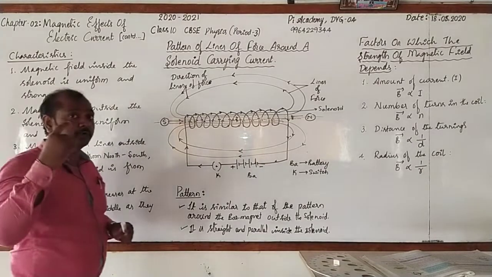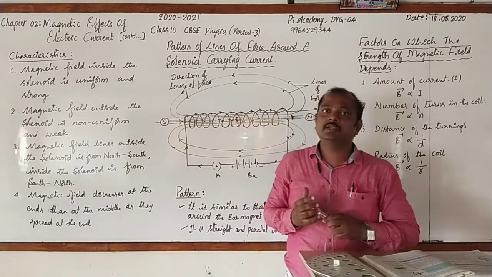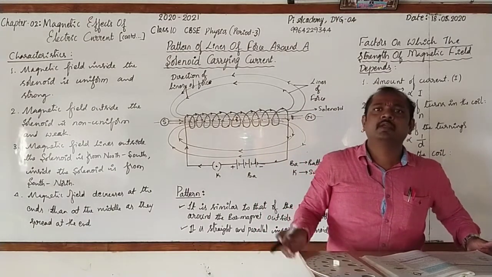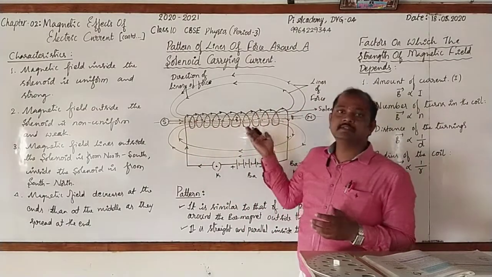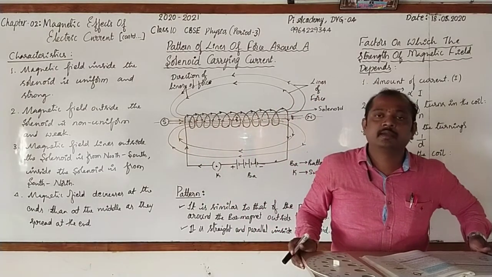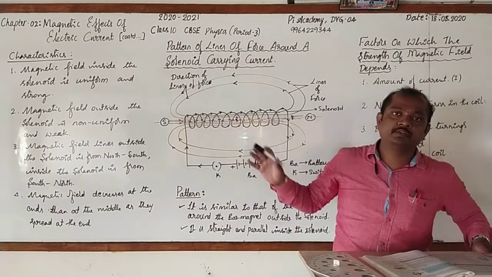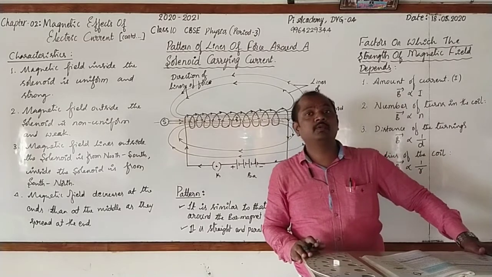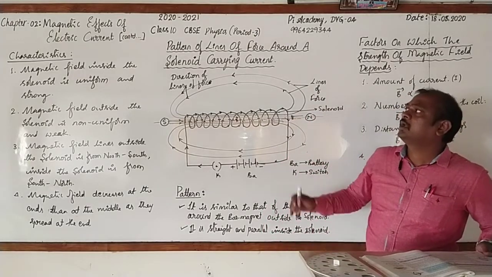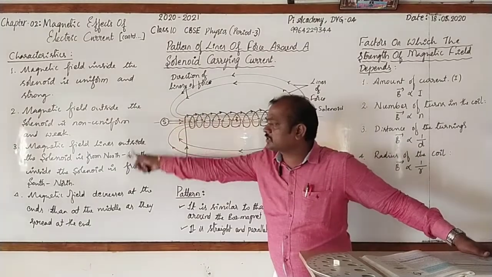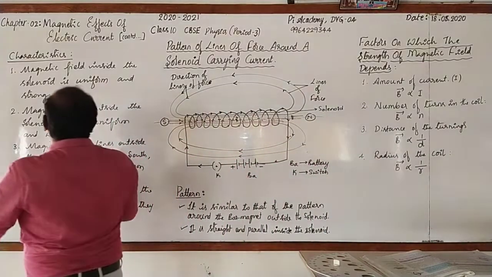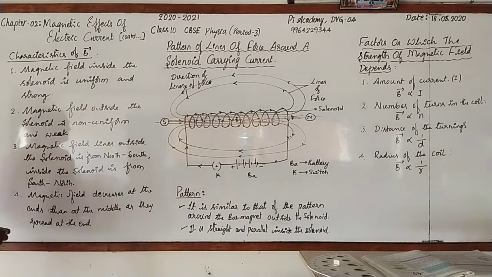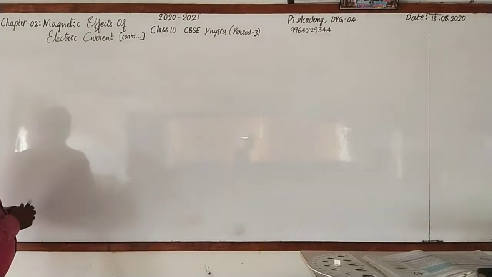And another very important thing is that the solenoid is also used for making an electromagnet. Very simple. When a soft iron core is placed inside it, it acts as a magnet as long as the current flows. And we call that an electromagnet. Now, I'll give you more information about the electromagnet, and before that, copy the characteristics of field lines or magnetic field.